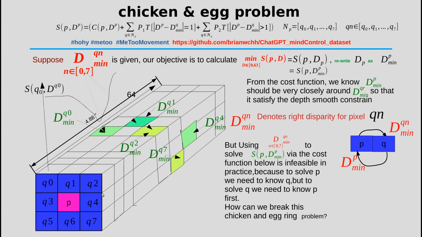Then you will get this overall cost for this pixel p, and you will find this pixel p's minimum disparity. And that is the ideal situation, the ideal case. But